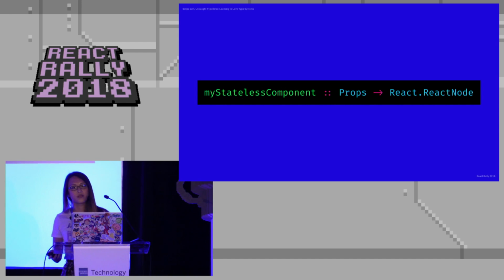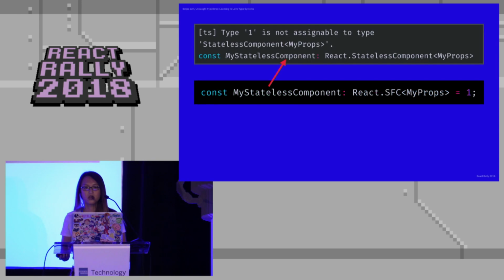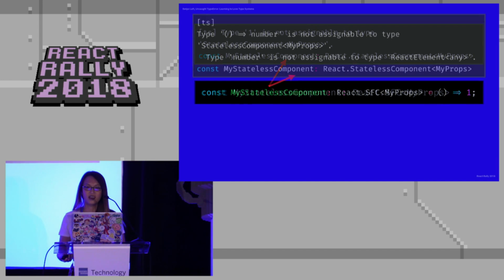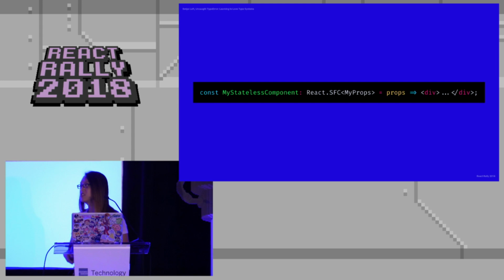And what about React? The nice thing is its elegant mental model, right? Your view is a function of state. And stateless components are functions. They take props and they give you a React node. So trying it out with the number 1 obviously doesn't work because 1 is a number, not a React node. And if you make it a function that returns 1, it obviously doesn't compile either. So logically, the only thing you can do is to return a JSX element.